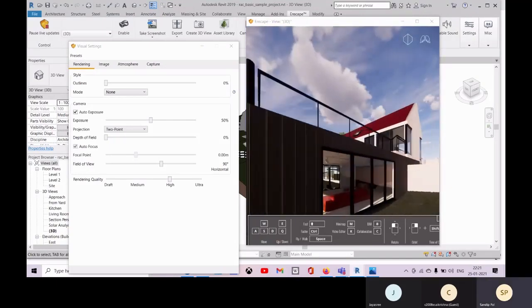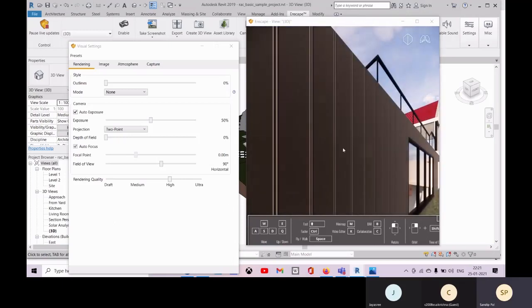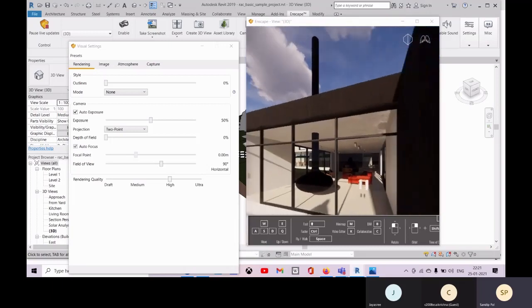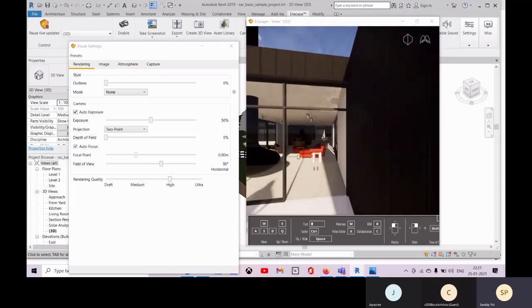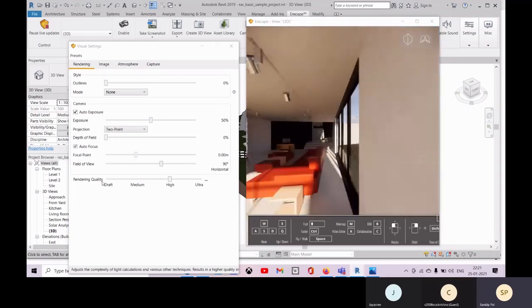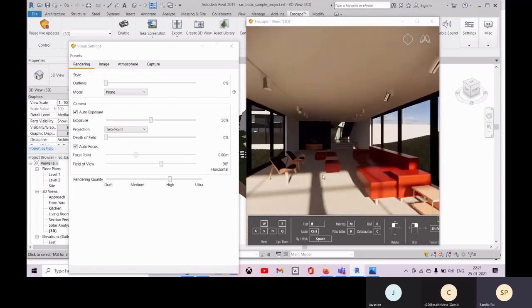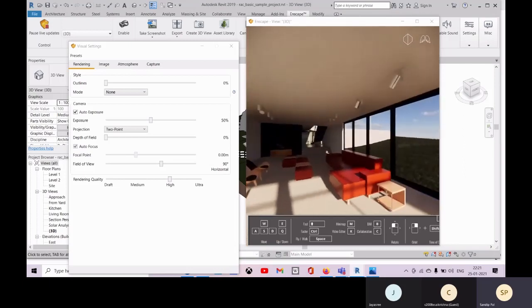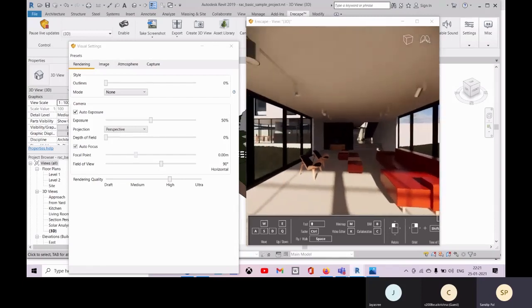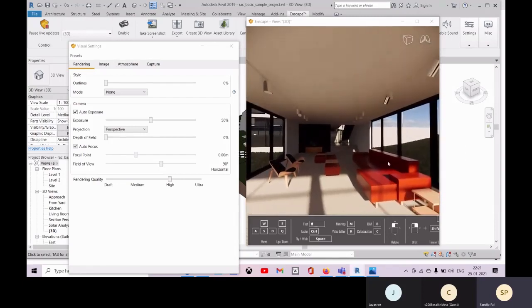Now let's switch into this interior view, so you can understand it better. And here you can choose this perspective or two-point or normal orthographic. So let's choose this perspective now. And you set the view right now.